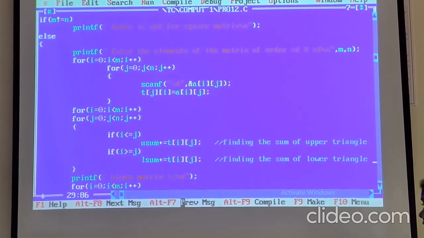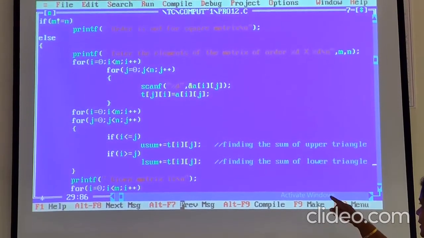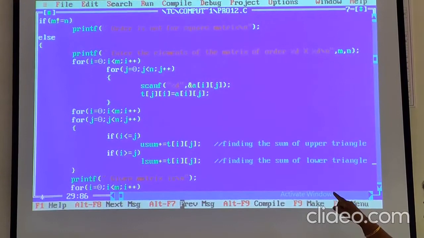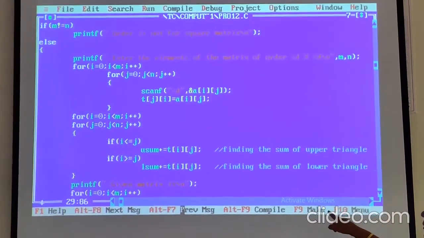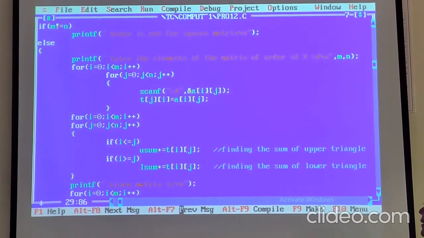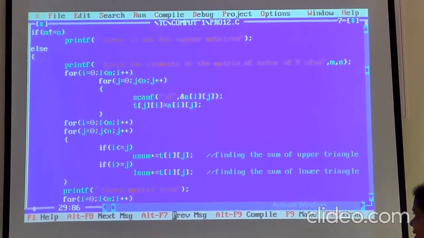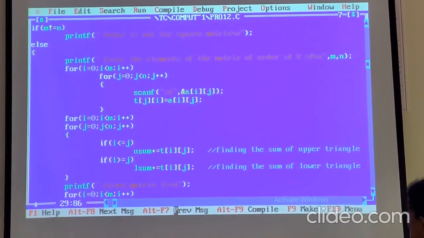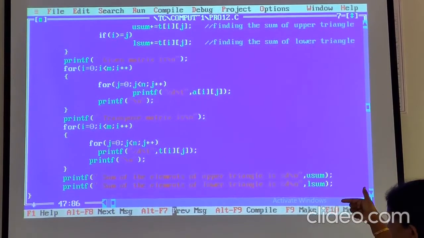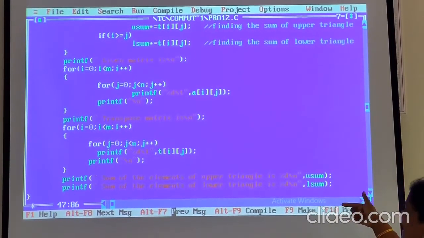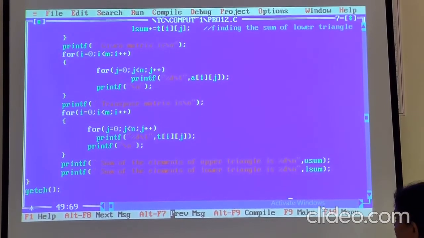If i is greater than or equal to j, then it must be a lower triangle element. That is why we have used equal to, so that the principal diagonal elements are included. That condition is made and the addition is done there itself. Finally we print the given matrix as well as the transpose matrix, and the sum of the elements of the upper triangle and the sum of the elements of the lower triangle.